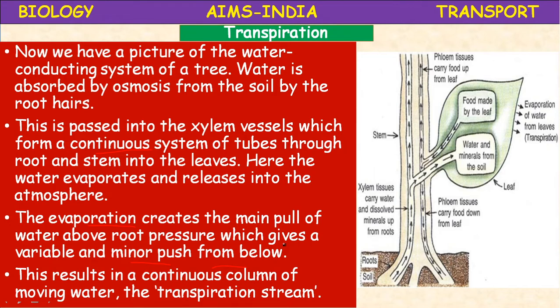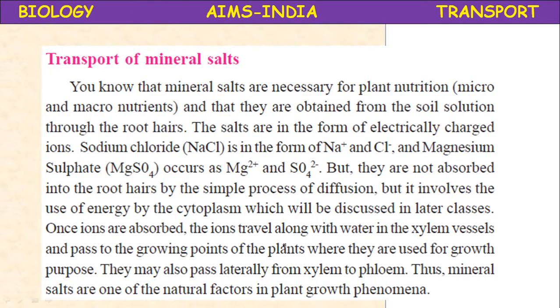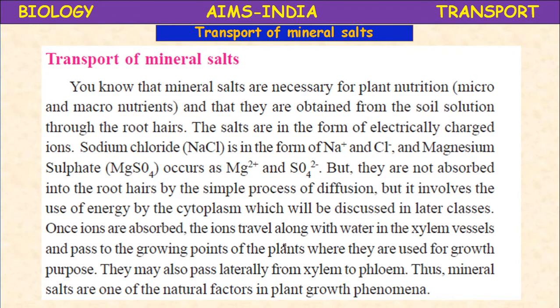A big mango tree will transpire from 750 to more than 3,500 liters of water per day during a growing season. That's why trees play a very important role. Plants play a very important role in causing rainfall. Okay, let us proceed. So the transpiration concept is completed.